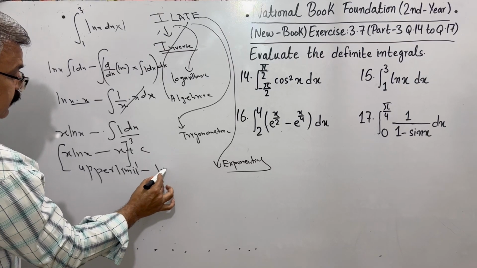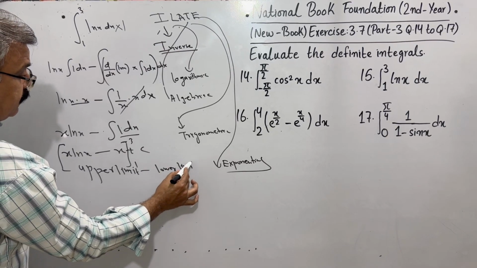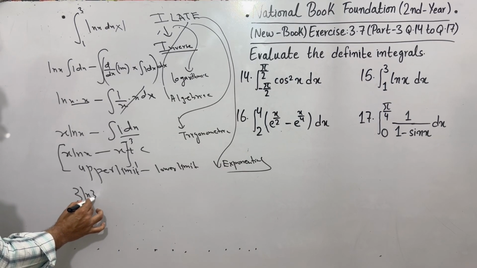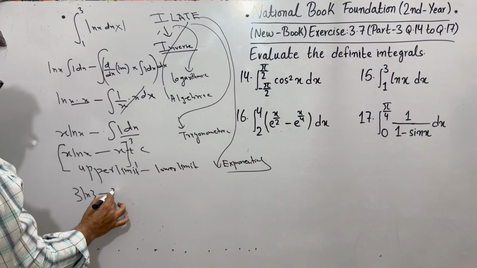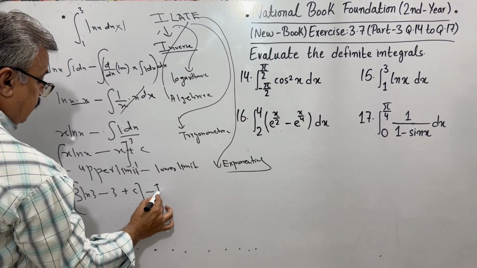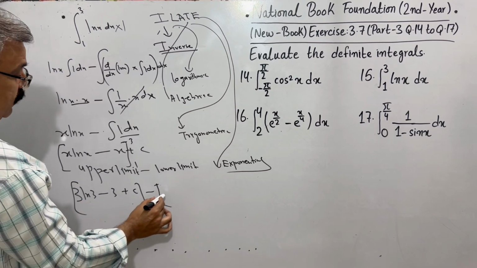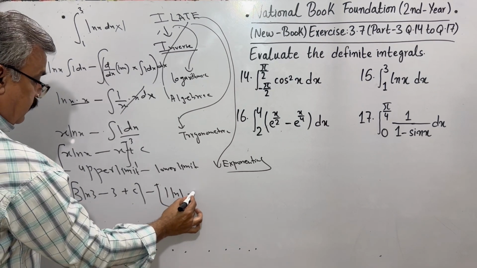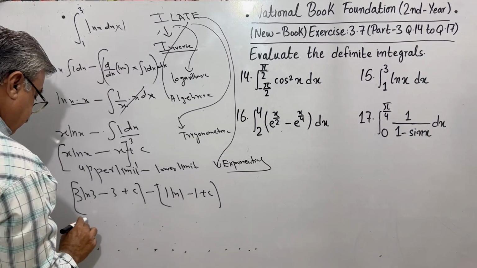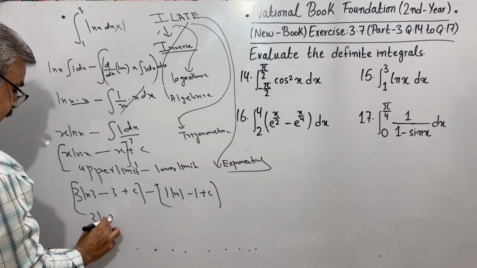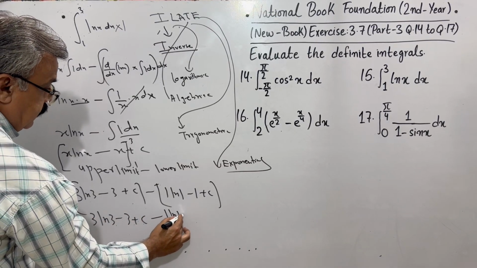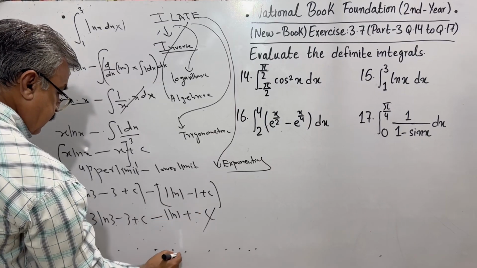Upper limit minus the lower limit. That's the way to put the limit. It will become 3 ln 3 minus 3 plus c. That's our upper limit. Minus lower limit: instead of x, plug in 1, ln 1 minus 1 plus c. Opening this, multiplying, I have 3 ln 3 minus 3 plus c minus 1 ln 1 plus 1 minus